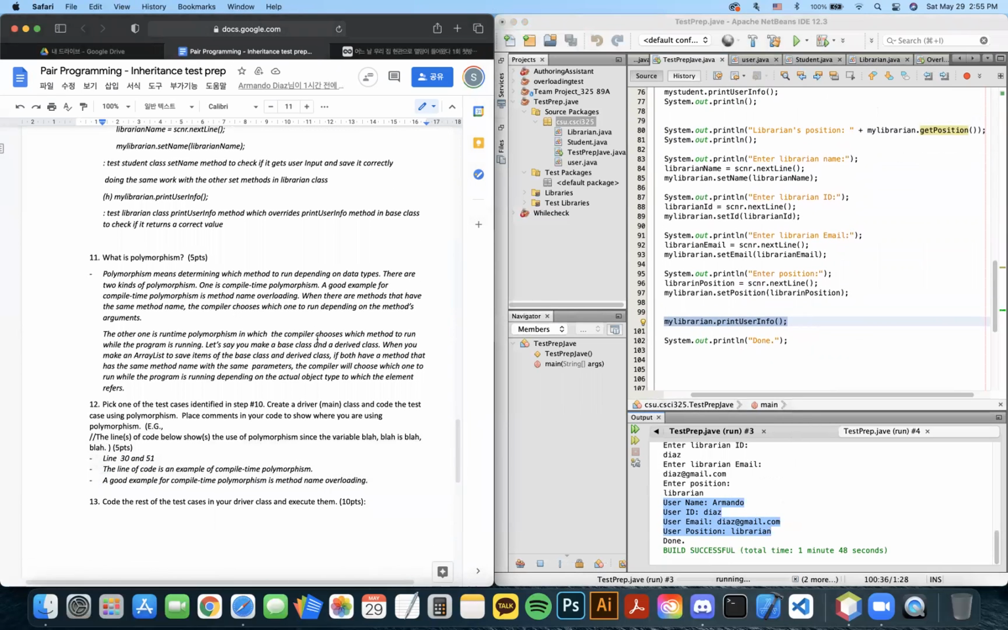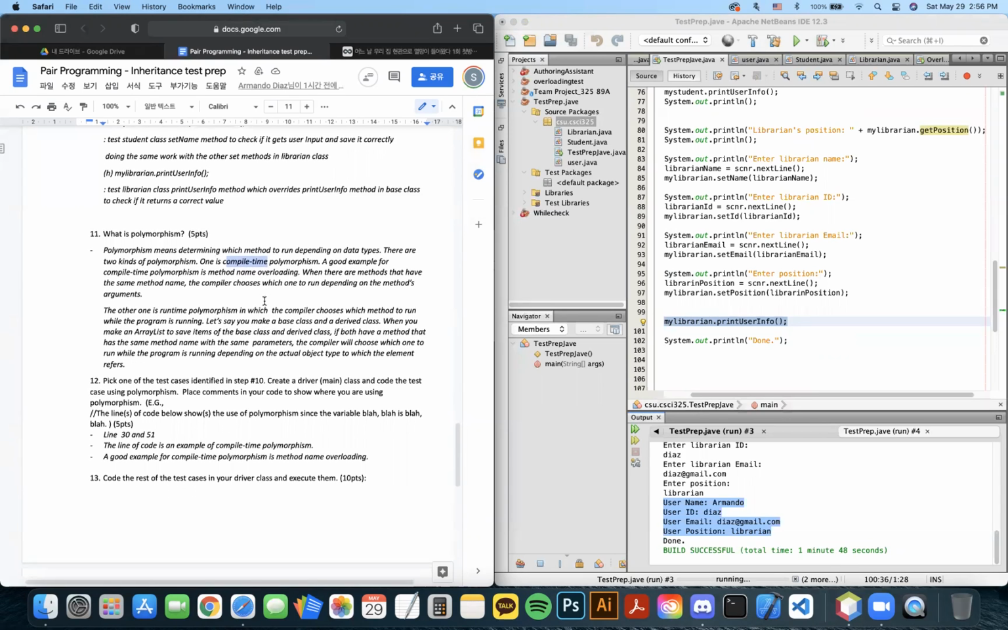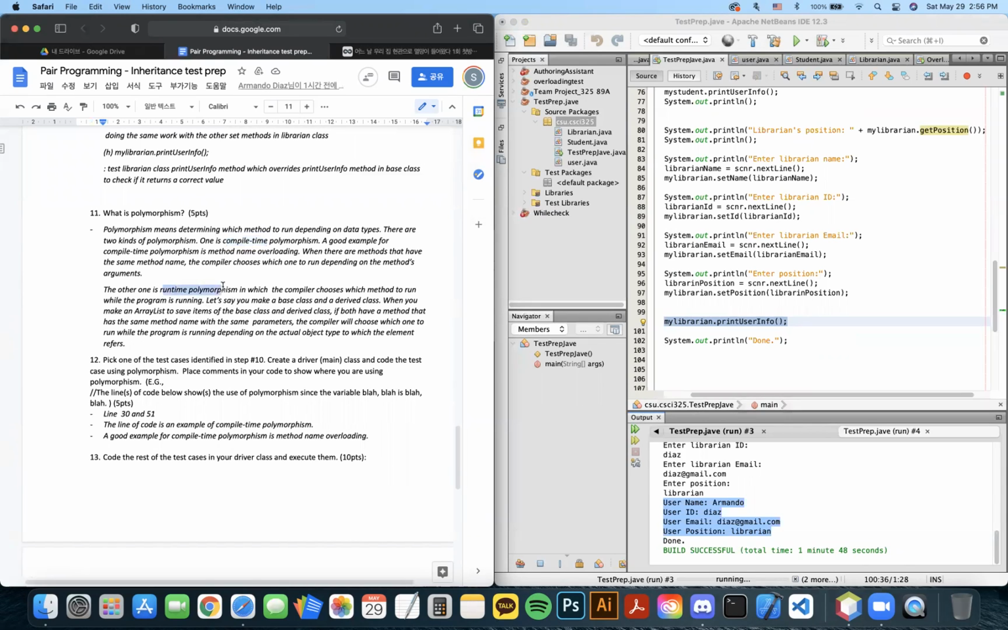So the next question, polymorphism. What is polymorphism? Polymorphism means determining which method to run depending on data types. There are two kinds of polymorphism. One is compile time polymorphism. A good example for compile time polymorphism is method name overloading. When there are methods that have the same method name, the compiler chooses which one to run depending on the method's arguments. The other one is runtime polymorphism, in which the compiler chooses which method to run while the program